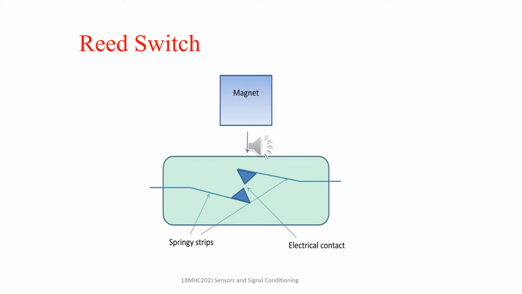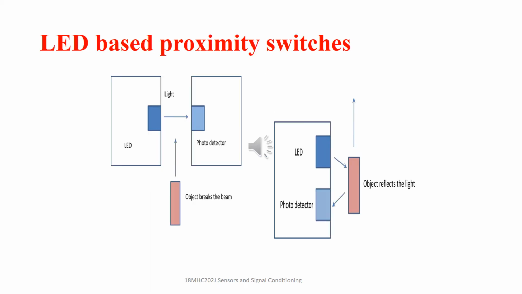These magnetic based reed switches are used as proximity switches. When a magnet attached to an object is brought close to the switch, the magnetic reeds attract each other and close the switch contacts. Photo-emitting devices such as LEDs and photosensitive devices such as photodiodes and phototransistors are used in combination to work as proximity sensing devices.